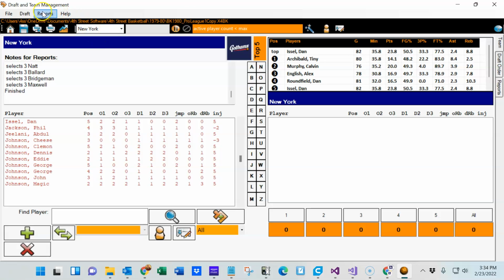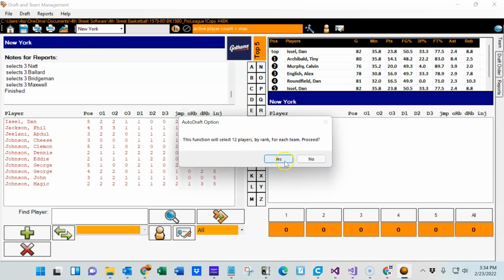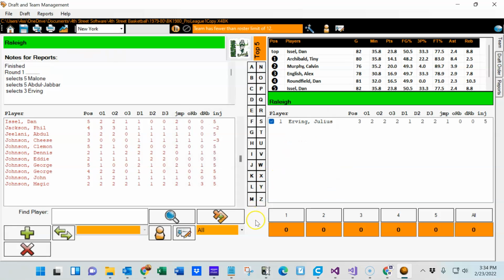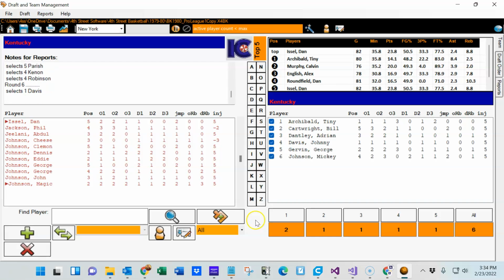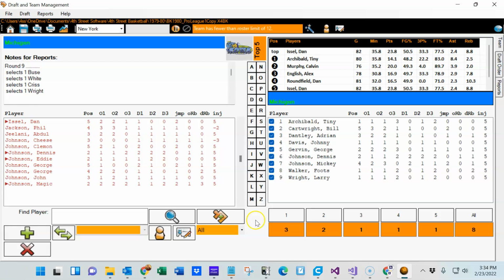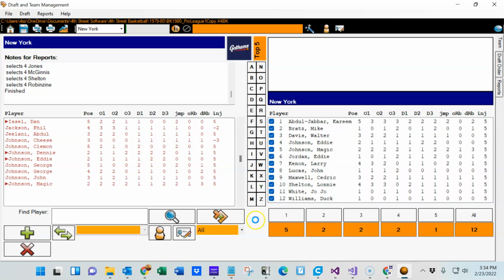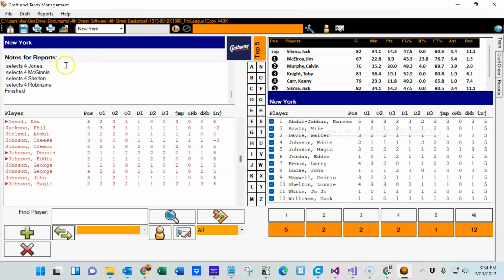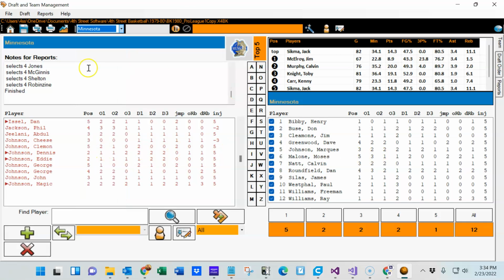Now we'll go back to team and choose the same auto draft selection. No teams are manual this time, so we'll simply run through. And done. And there we have 12 different rosters. Let's see what Minnesota ended up with. If you take a look at